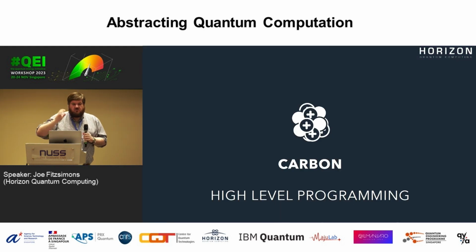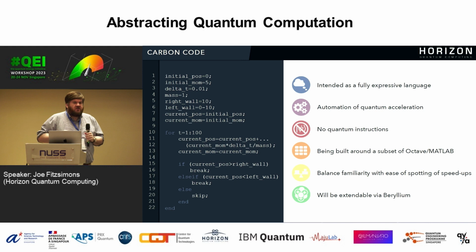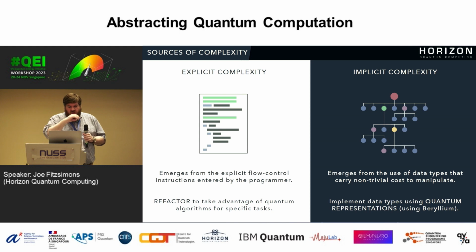I wanted to show you, just to finish off, what I talked about a little bit, going from classical code to quantum algorithms. So if you think of some code written in MATLAB, for example, we're going to try to accelerate that. The way we do this is by tackling 2 different sources of complexity in the program. The first is what I'll call explicit complexity, which comes from the control flow that the programmer has written into the program. They've written nested for loops, recursive subroutines, and those are causing the dominant